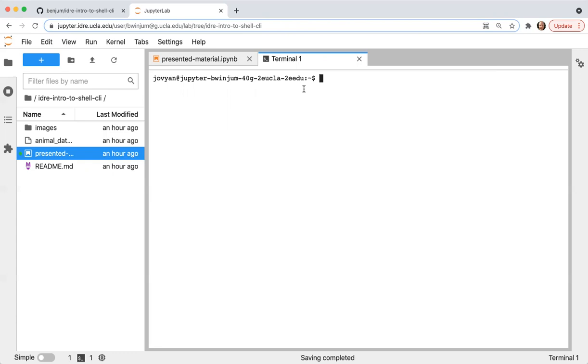Yes, feel free to unmute yourself and ask a question or type it into the chat. Mine is working if I launch it through Binder, but the UCLA login just brings me to my login homepage, like accounts. Is that because I haven't used the Jupyter through the UCLA login before? Or maybe I'm the only one having that problem.